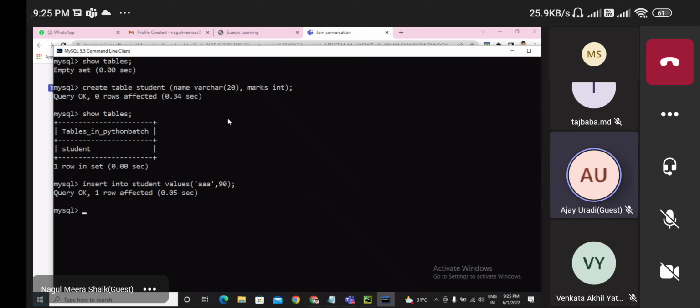That's it. We need to separate them with a comma, and if it is string type data, we need to pass it within quotations. Otherwise, quotations are not required. See here, for numerical data I'm not passing any quotations. This is one record. Similarly, I'm going to